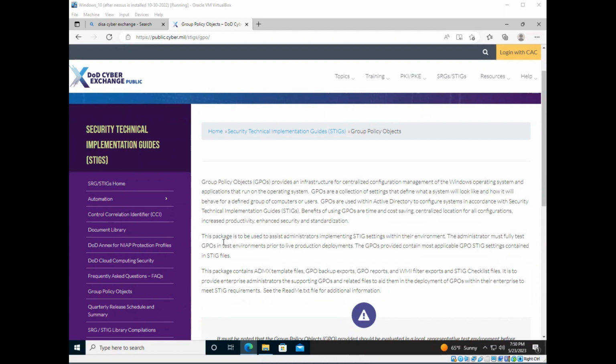This package is to be used to assist administrators implementing STIG settings within their environment. The administrator must fully test GPOs in a test environment prior to live production deployment. The GPOs provided contain most applicable GPO STIG settings contained in STIG files. This package contains